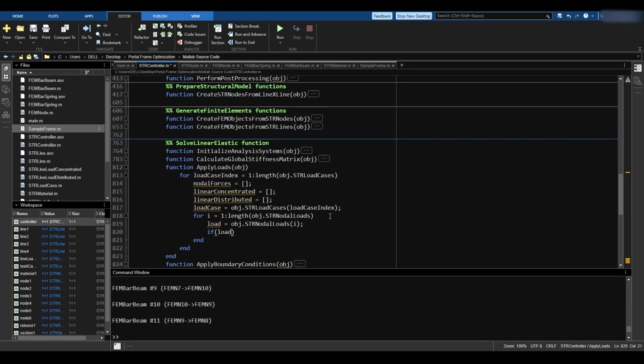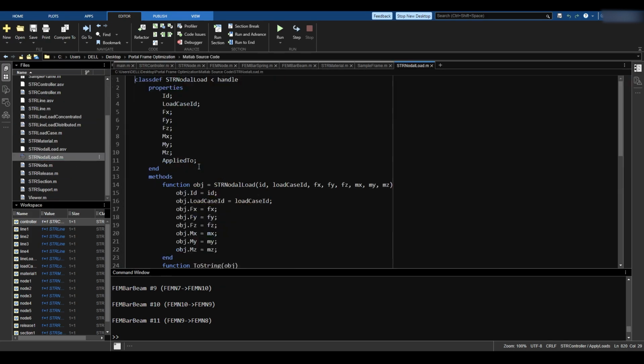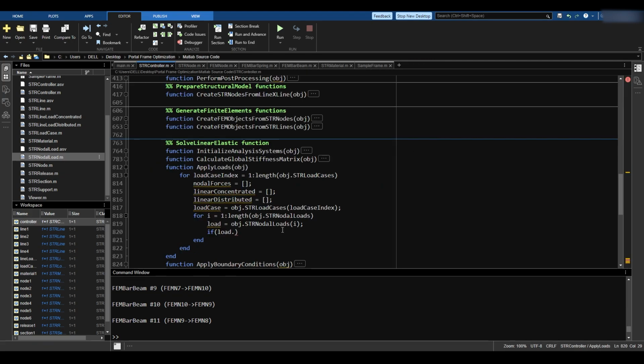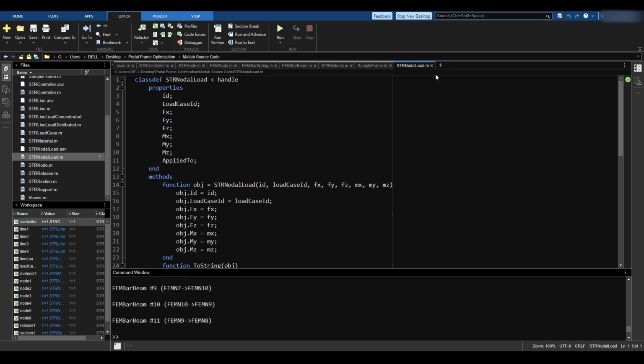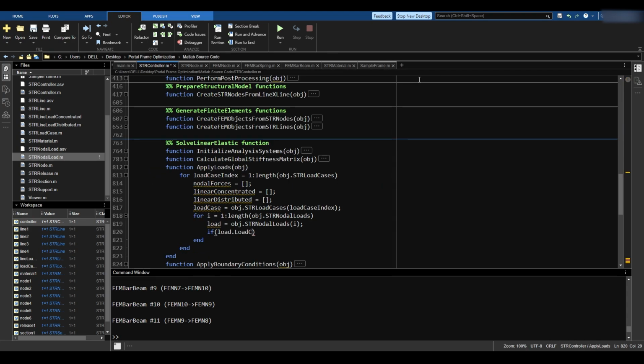So if the load dot, let me check. I hope that I'm keeping tab of the load case. Where is the strNodalLoad? I hope I'm keeping track of it. Yeah, there we go. It's load case ID. So I'm keeping track of it. Meaning if the load dot, wait, I forgot. Is it load case or str load case? It's load case ID. So if load case ID equals the load case dot ID,